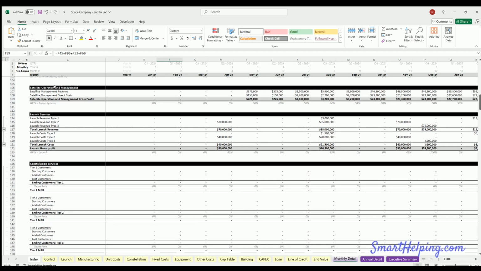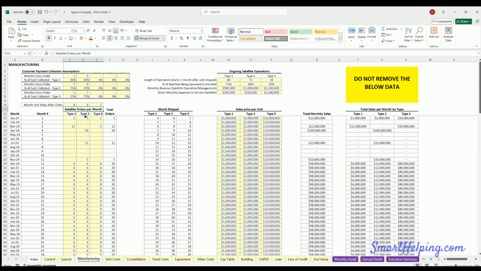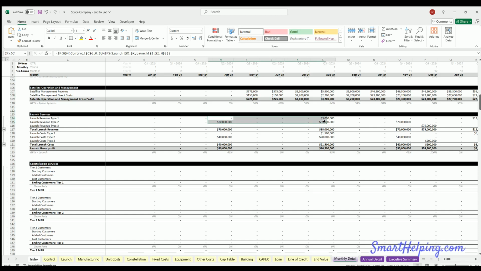Then we have satellite operation and management. So these are your ongoing revenues from those activities. And notice the first month 4 was the first month we shipped, and then 1 month after that's when that revenue starts. And this scales depending on how many satellites you're manufacturing and what percentage you're going to manage over time, and also the length of operation of each satellite type. So satellite operation management, launch services of each type. So here's your launch revenues, here's your launch costs being recognized,